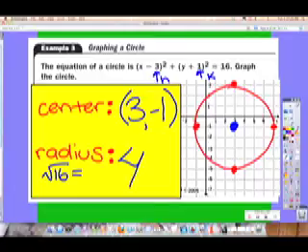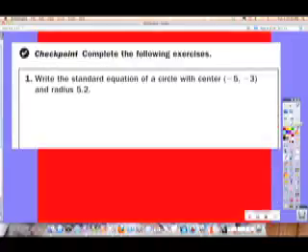Next part, write the standard equation of a circle with center negative 5, negative 3, radius 5.2. Oh, we got this. All right, negative 5, is that h or k? Negative 3, h or k? And then this is the r, right? So our standard equation is,